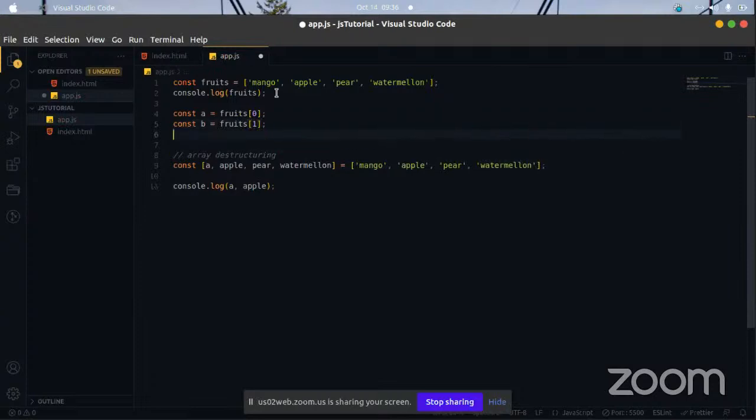And then on and on, const c equal to fruits 2. But this is kind of long.